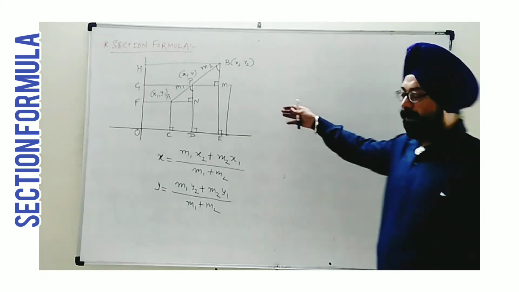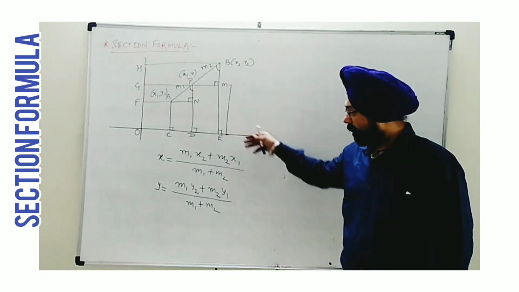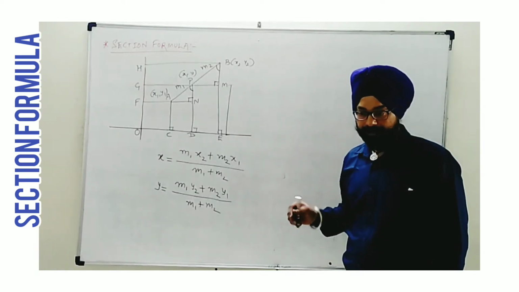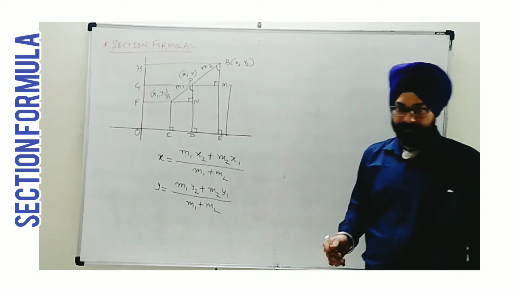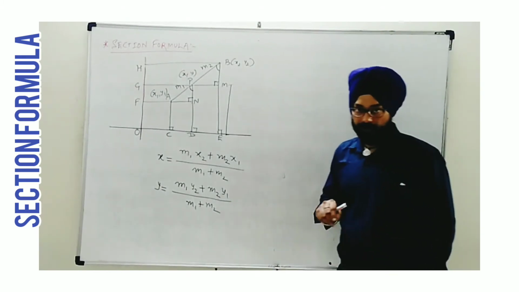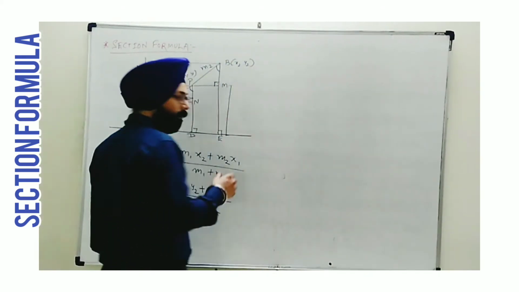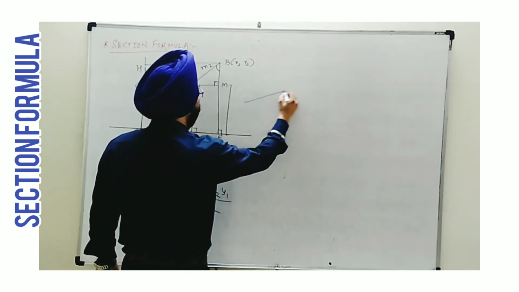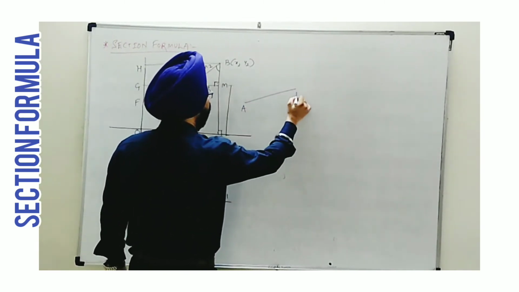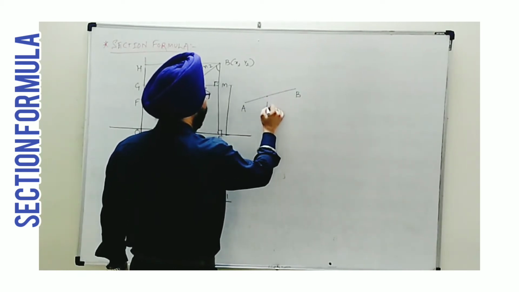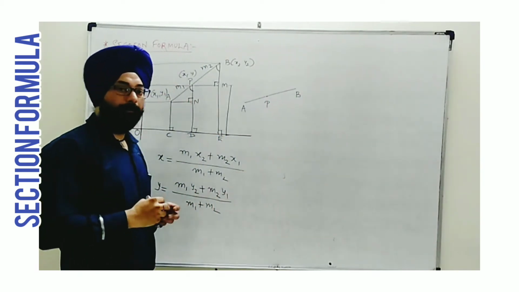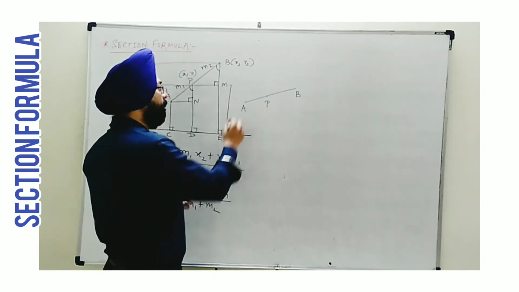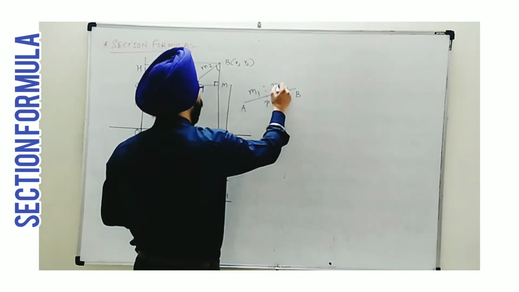Now the case which we have seen recently is known as internal division. In 10th standard, I cannot promise that this is in the syllabus, but we must know this thing. Here, what I mean to say is, we have taken A, B and a point P somewhere between them. P lies somewhere between them. And the ratio which is given is M1 is to M2.